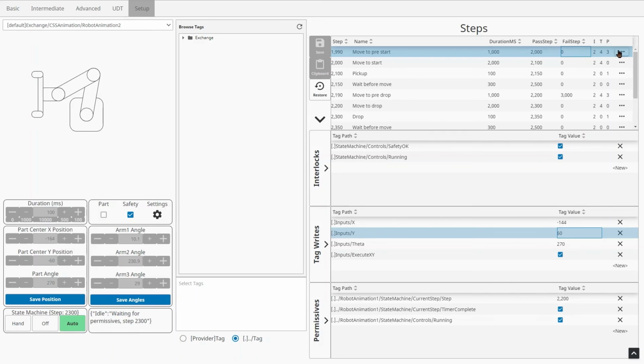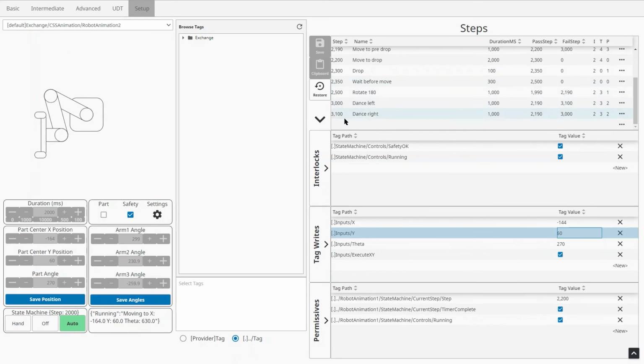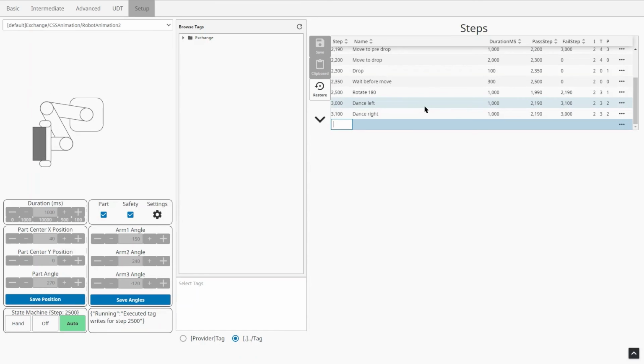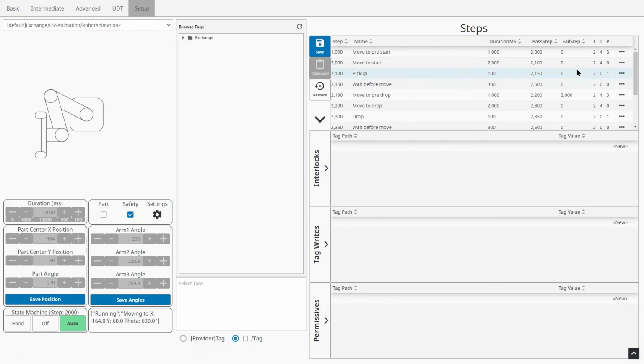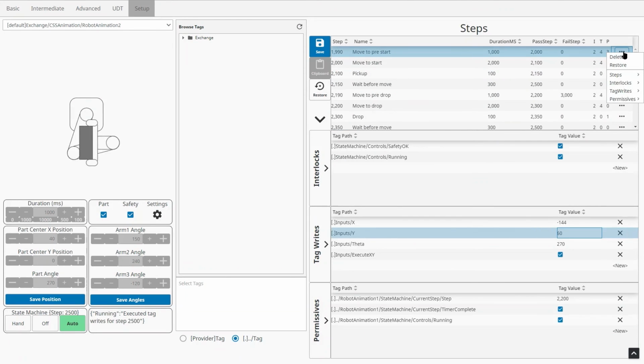Let's take a look at what I can do. In a scenario where you have a new step, let's make something right here, you'll see that it has 0 interlocks, 0 tag rights, 0 permissives. What we can do is click in here and we can do manipulation on steps, interlocks, tag rights, and permissives. In my case, I am going to go into interlocks.